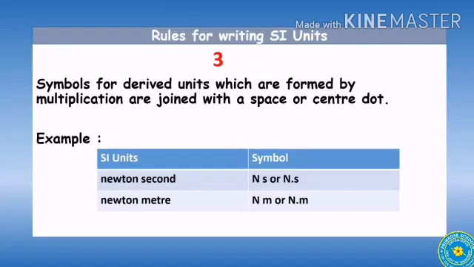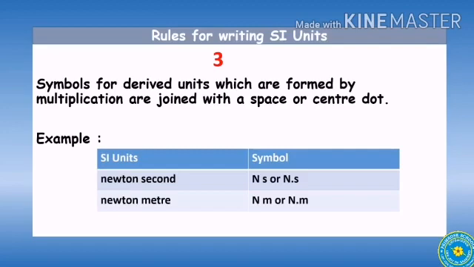Rule number 3. Symbols for derived units which are formed by multiplication are joined with a space or center dot. Example, newton second. Newton second is the derived unit. Now look at the symbol of newton second. Capital N is a symbol of newton and small s is a symbol of second. Children, why are we writing small s as a symbol of second? Why not a capital S? Correct,